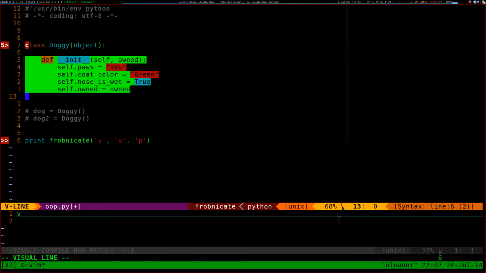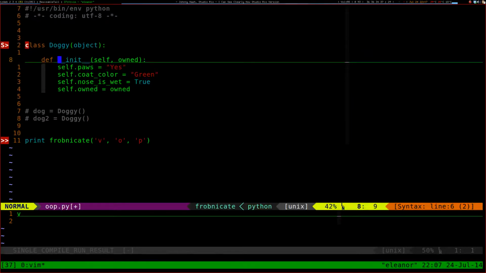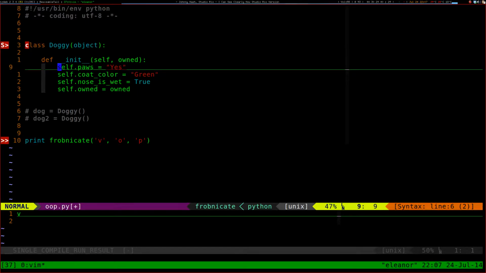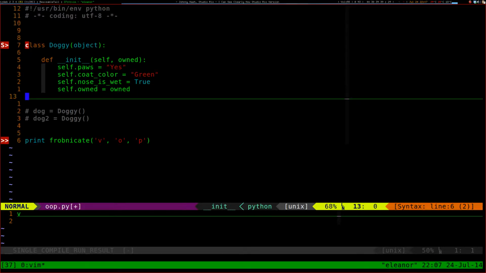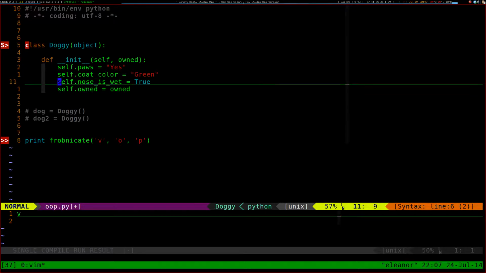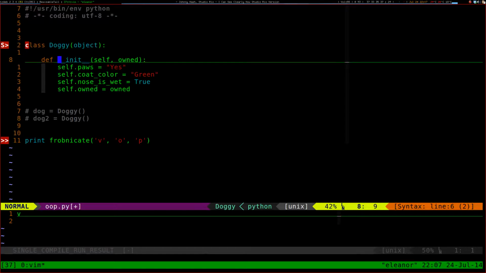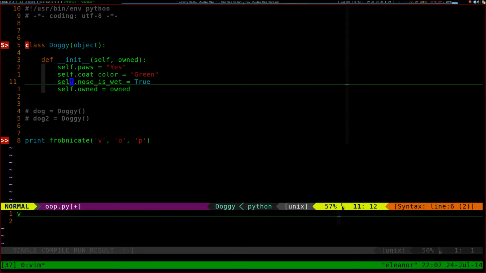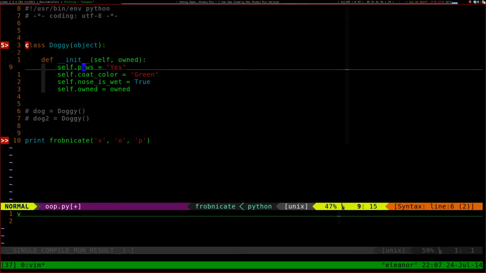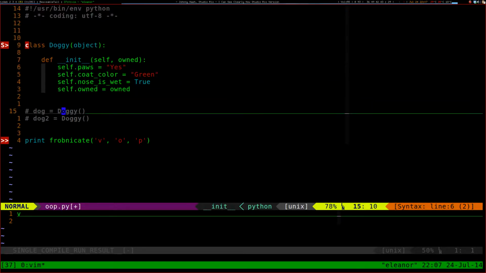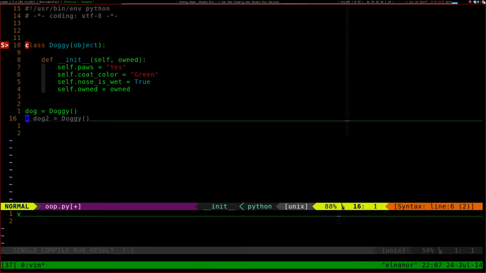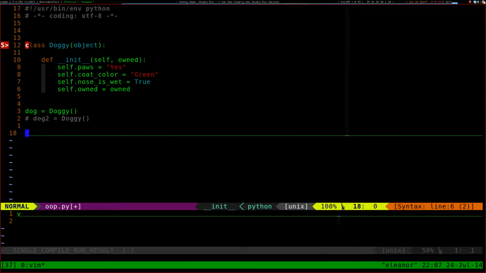And attributes, right? So functions on a class are called methods. They are also attributes, and you can treat them like attributes, and they work just like attributes. So methods are attributes because everything is an attribute. Methods are also functions. I thought the self.pause, self.cocolor, I thought those were attributes. They are attributes. So you'll notice here, if we look back at our doggy object,